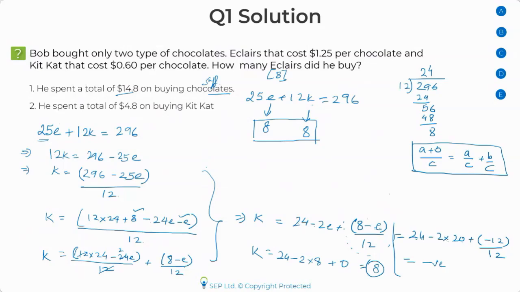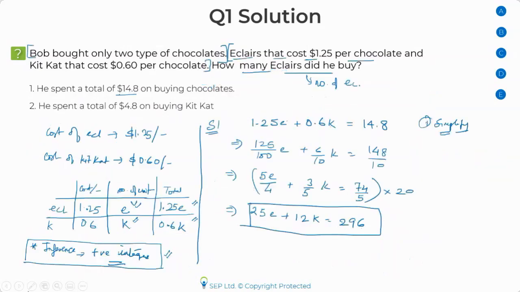So I'll summarize the learning for you, okay? Number one learning is that when you're looking at the question stem, when you're writing down your information before going to statement 1, always be on the lookout for implicit assumptions like positive integers, negative integers. That's number 1. Number 2 is obviously you need to set up your equation. To set up your equation, do take your variables and set up your equation.